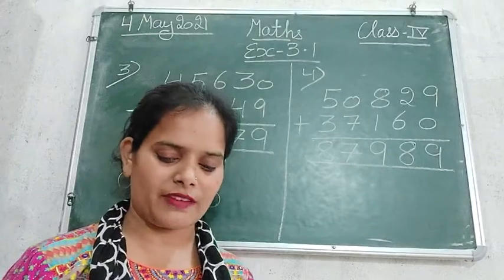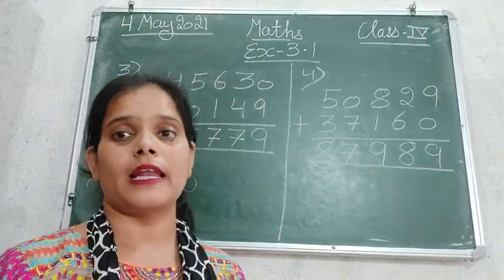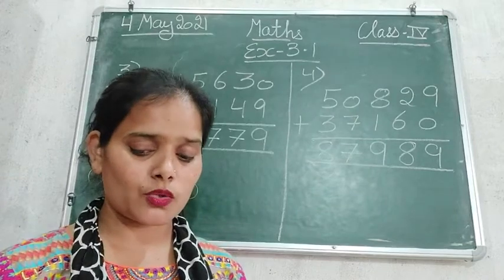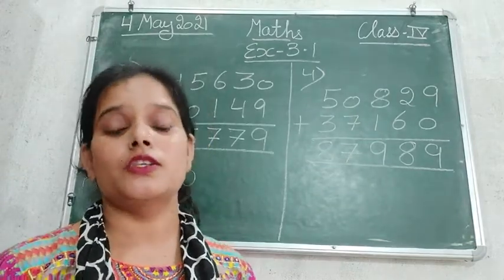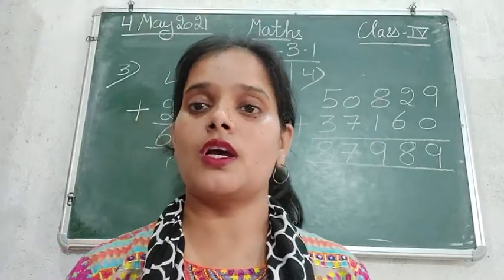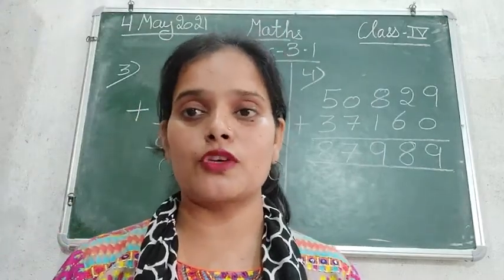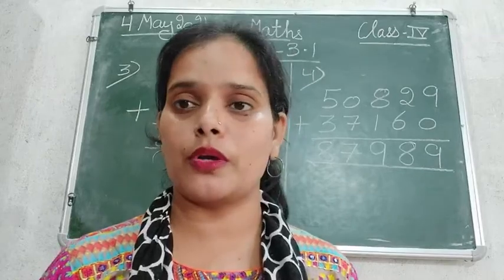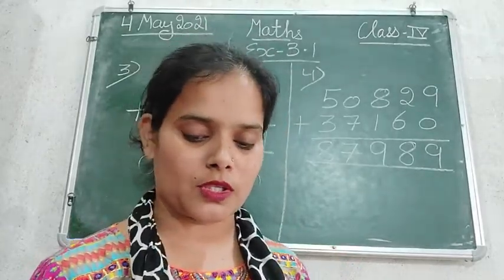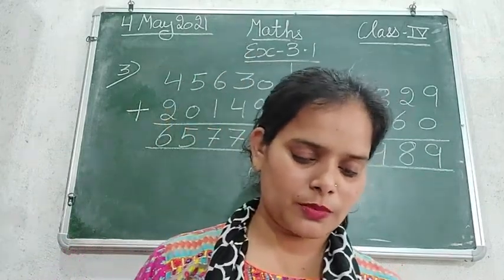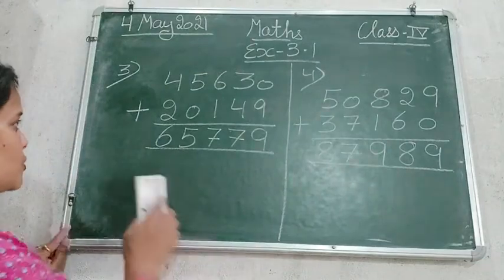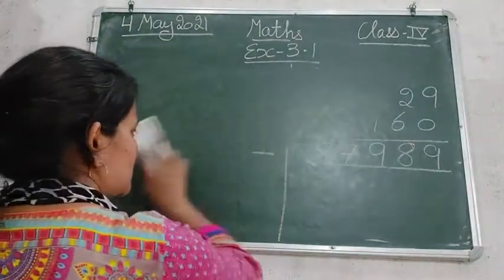Okay, question number 5 and 6 are also the same as questions 1, 2, 3, 4 that we have done. I'm not going to do all the questions here. Some questions I will solve here, and baki sare beta you are going to do by yourself. That will be practice for you so that you can solve the sums. Now after question number 4, let's move to question number 7. Okay, so let's do question number 7.